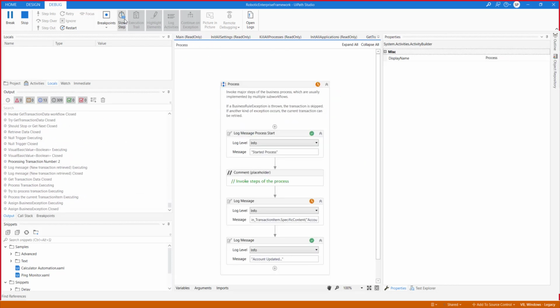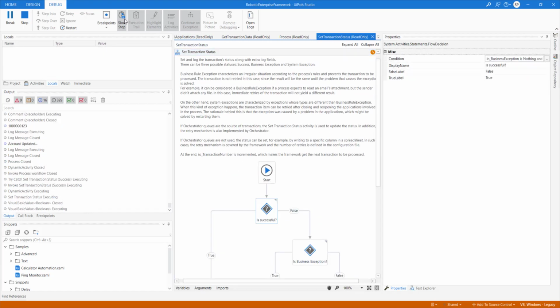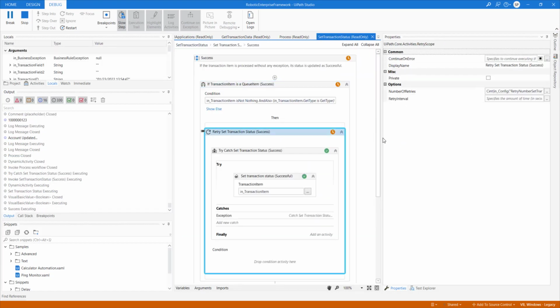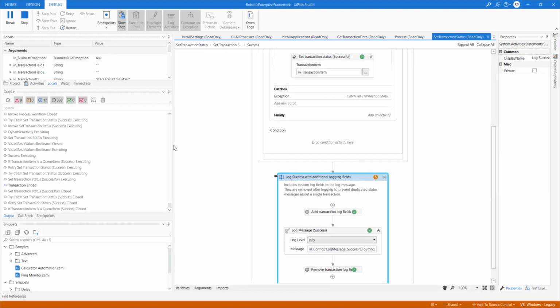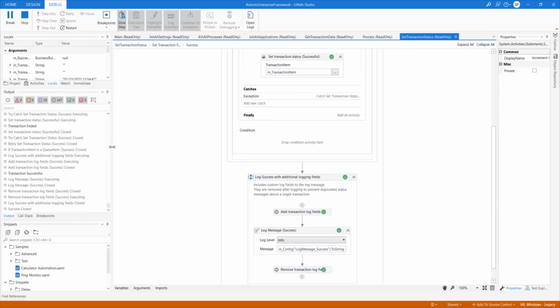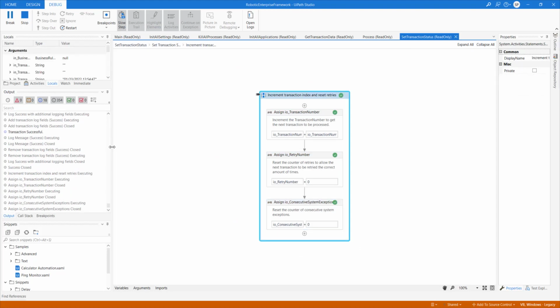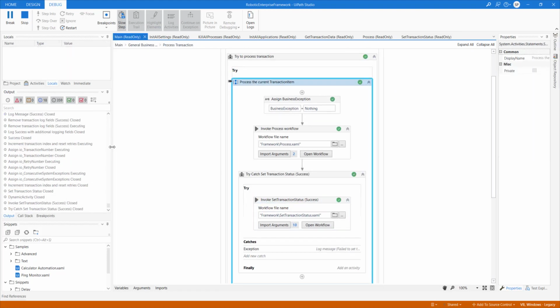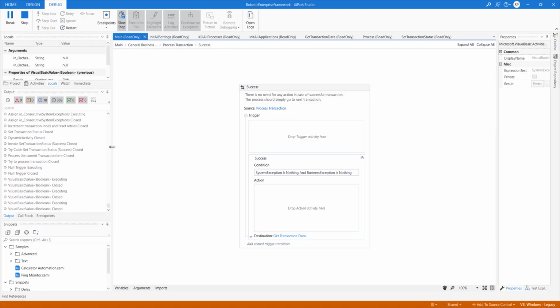Let me slow it down so that you can see what exactly is happening, right? So it's setting the transaction status. It's incrementing the transaction number to the next, setting the transaction,